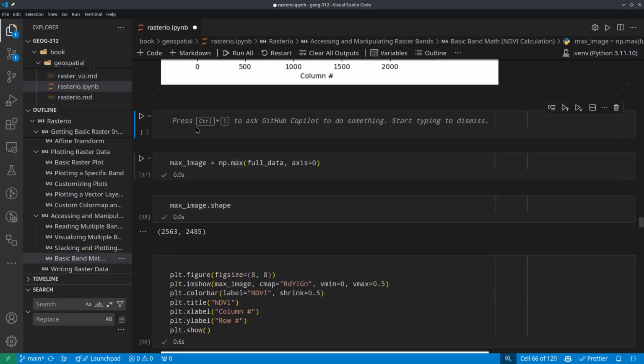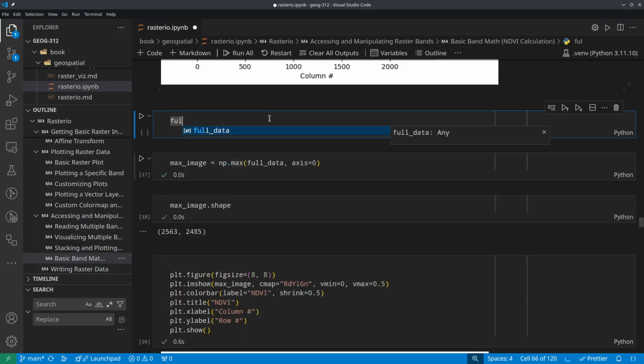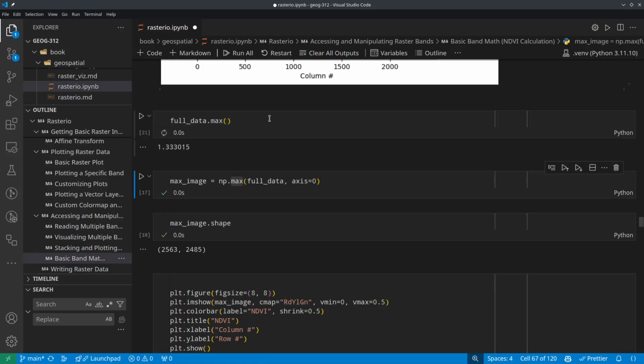If you use the other way, I'm going to show you one more time, full data.max. This one will give you one number. So imagine like the highest temperature or the highest elevation or the highest income or the highest soil moisture, whatever, right? You're going to get one number. If you want every number, a number for every location, then you use this way and then you need to